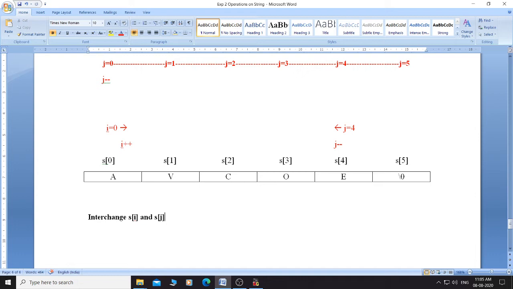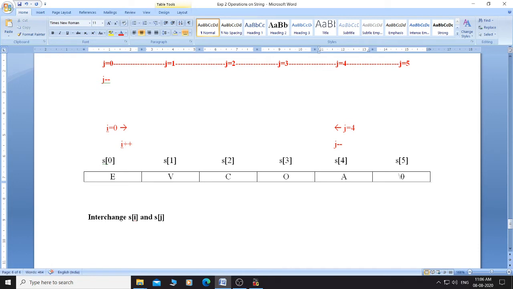So what will happen if we interchange S of I and S of J here? What is I? 0. And what is J? 4. So if we interchange S of 0 and S of 4, S of 0 means A and S of 4 means E. So E will come here and A will come here.